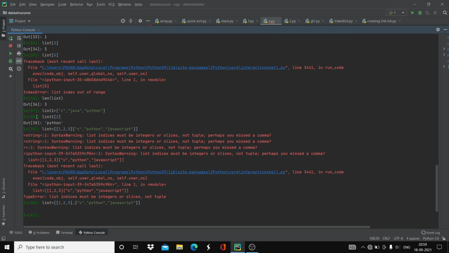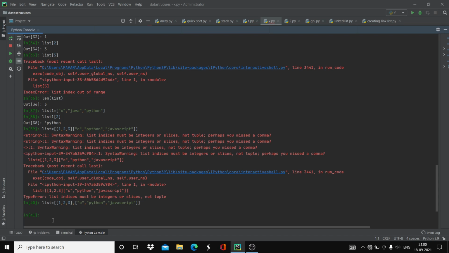So Python is not able to understand. An error is usually displayed whenever the code you are writing is not understandable by the computer. So you should always make sure that you write code in such a way that your computer will understand. That is the most important thing you should understand here.